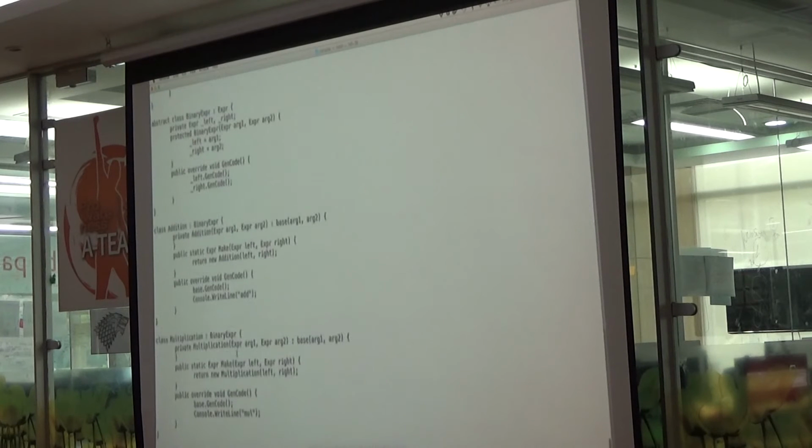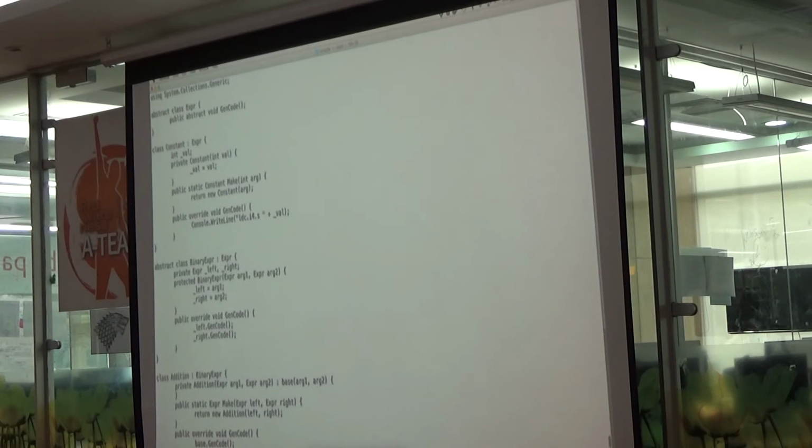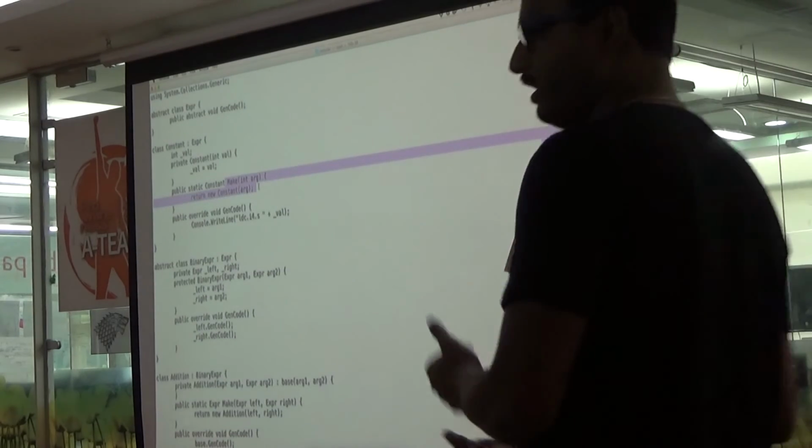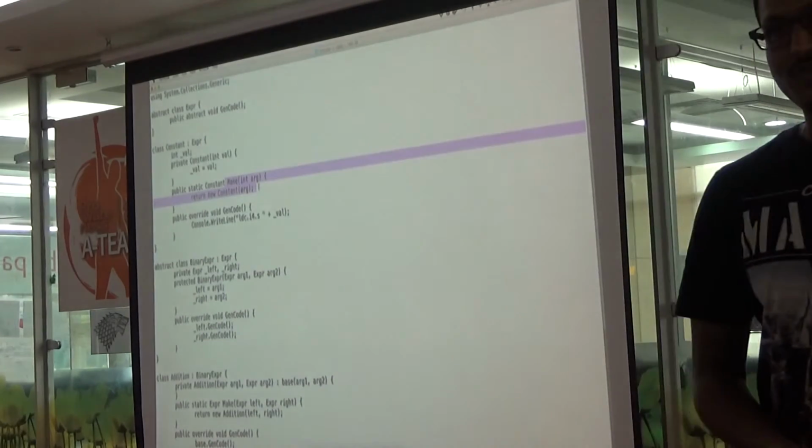Right? So, whenever I am using this, I am recreating the nodes. Even here I am recreating the nodes. Perhaps I don't have to recreate them. I can reuse them, right? I can reuse this because they are immutable objects. I am not going to change the nodes again. So, I can reuse them. Right? So how do we reuse them?